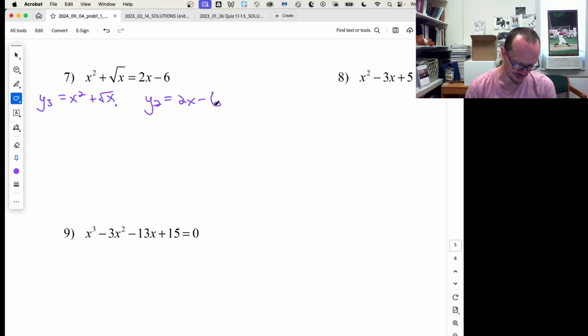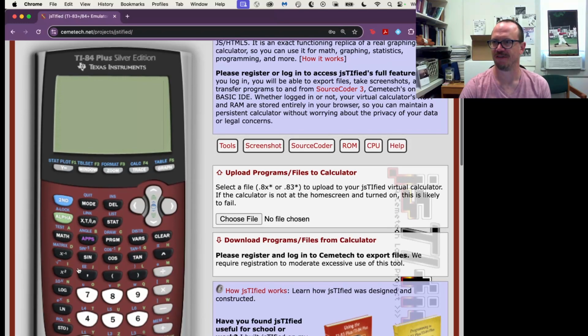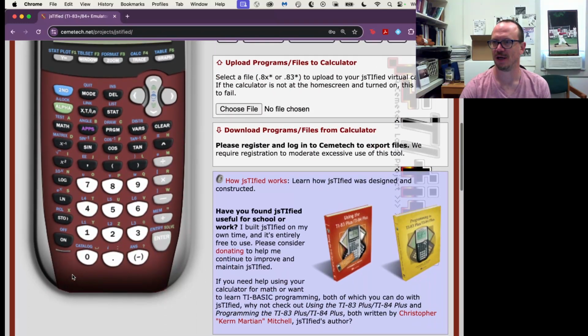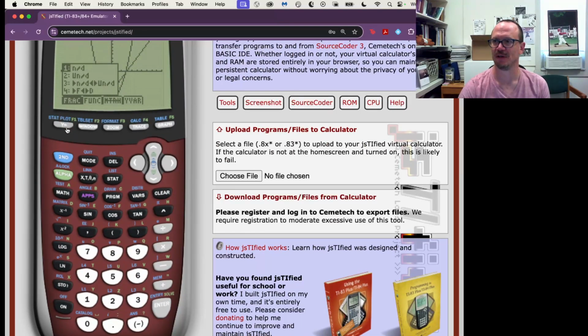It doesn't actually matter what the number is here. It can be anything. You're just going to use that to put it in. Okay, and here we go. Turn my graphing calculator on